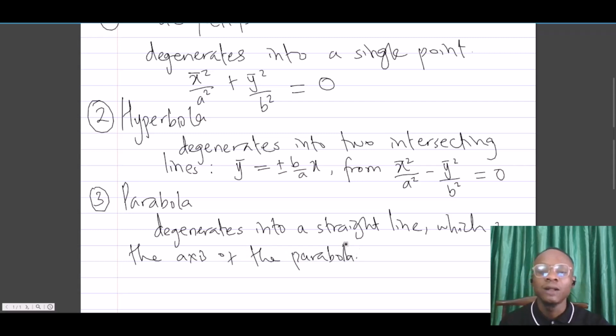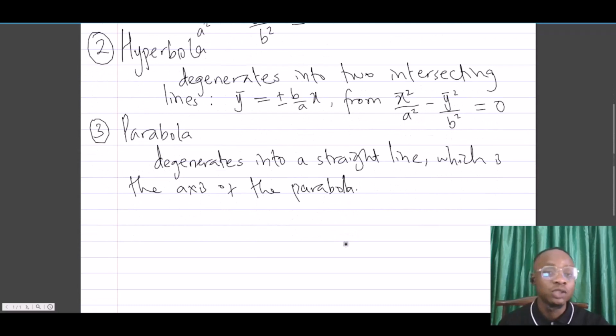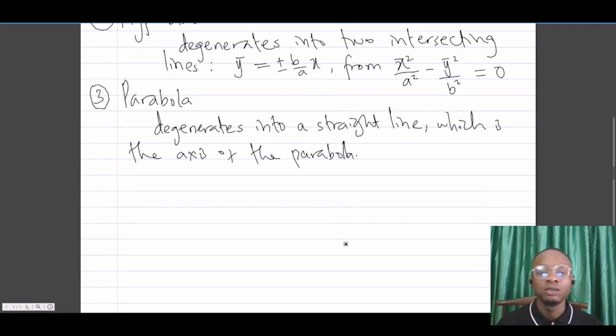So of course, we know the equation of a straight line is going to be something like y equal to mx plus c, or it will just be some linear equation or linear expression, or a first degree polynomial expression anyway. So that means that if a parabola is degenerate, let's try and play around with that, because we cannot get that by equating some expression to 0 from the equation of the parabola, because it's not in this format. The standard equation of the parabola is not in this format,